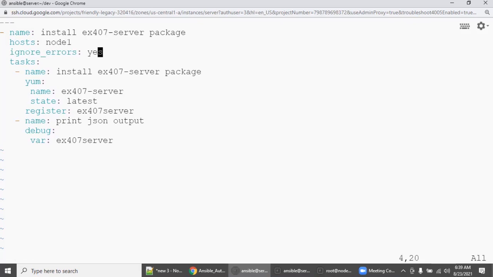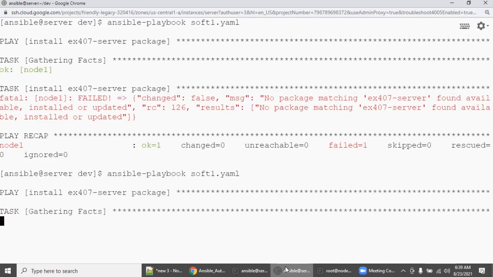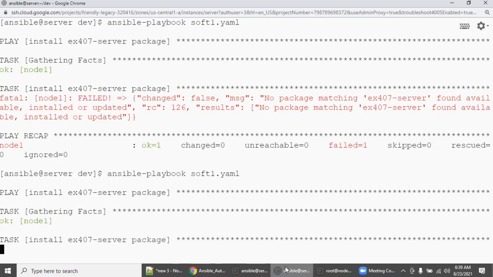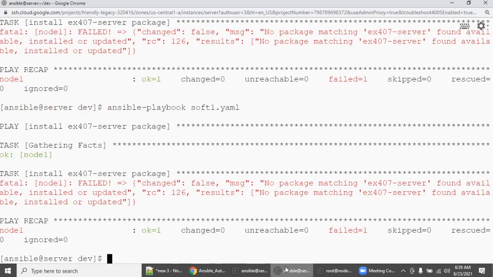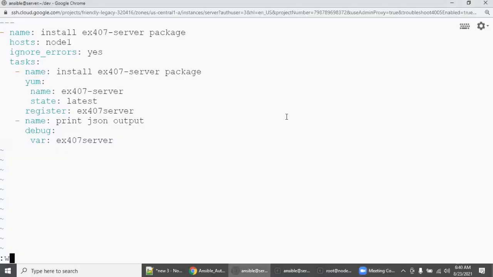So save it, then come here and execute the same: ansible-playbook soft1.yaml.